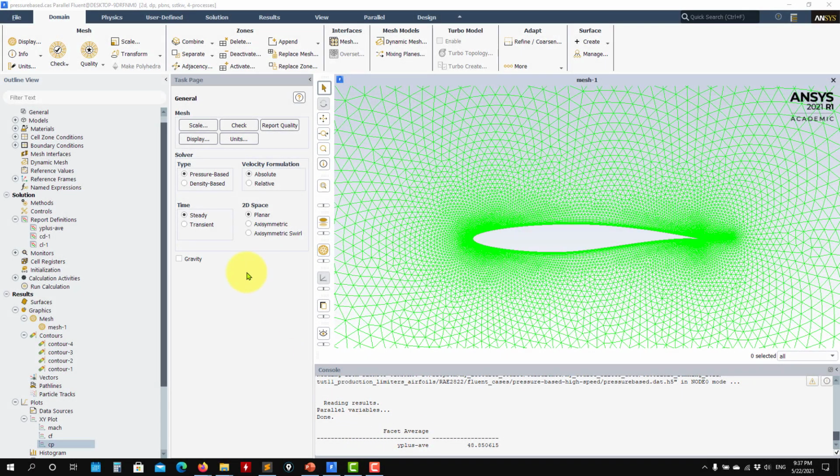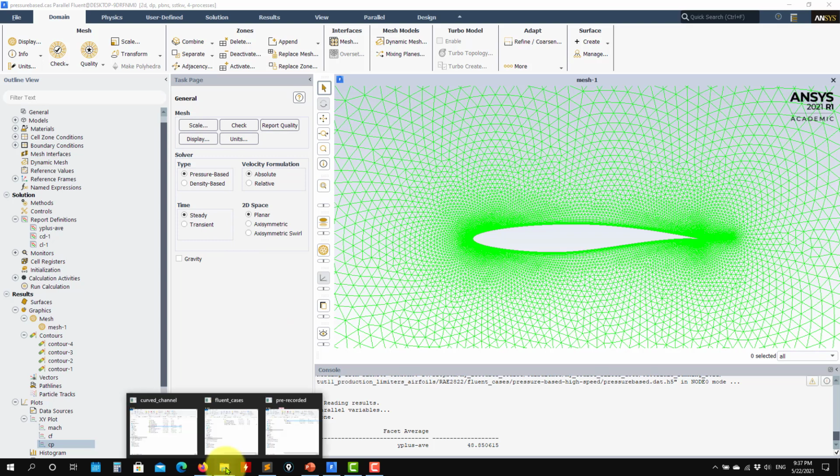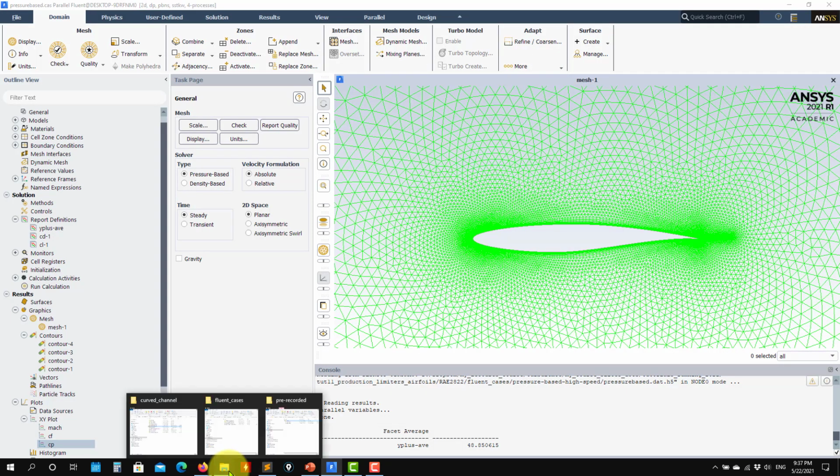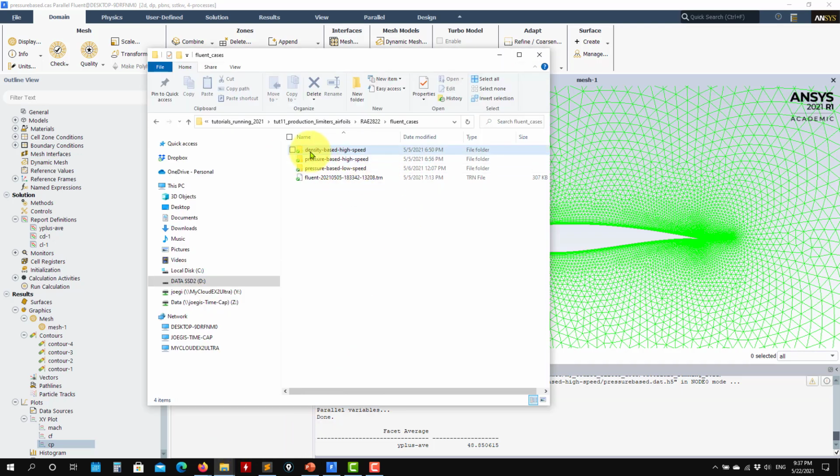Okay, let's address how to set up this case, particularly the production limiter. So here, I already loaded the case. Remember, it is a 2D case, so when launching Fluent, remember to open the 2D case. Just to remind you that I'm working with the pressure-based high-speed case, but then you have the other two, so